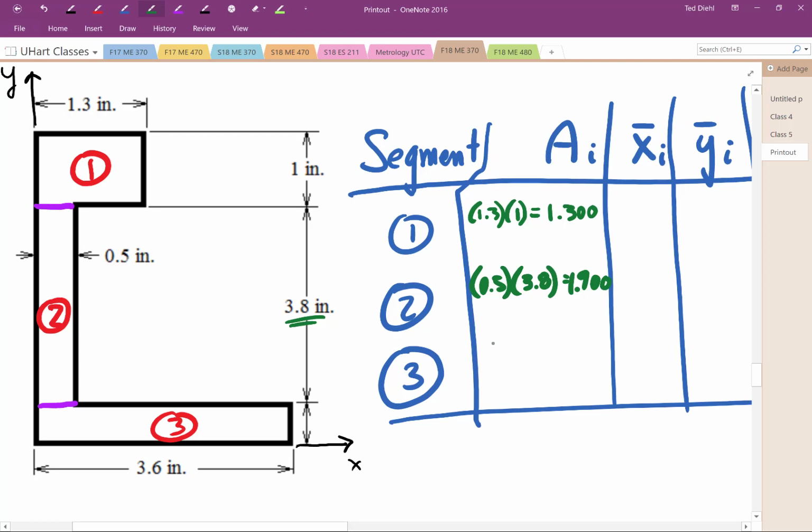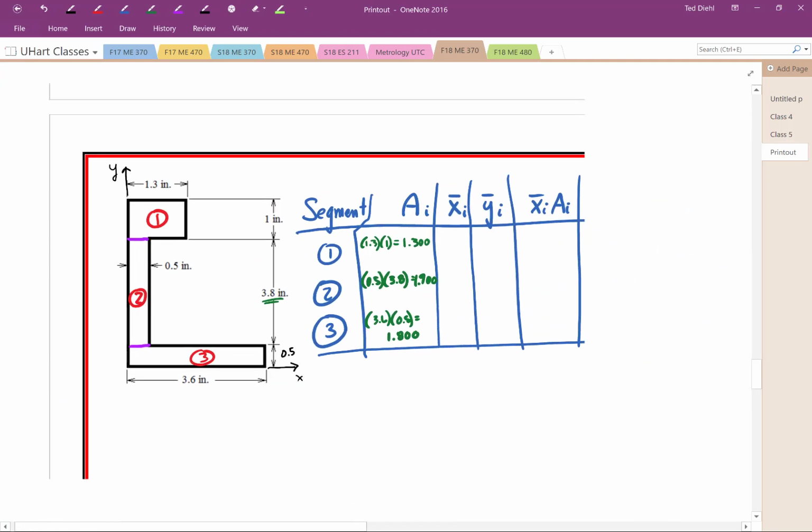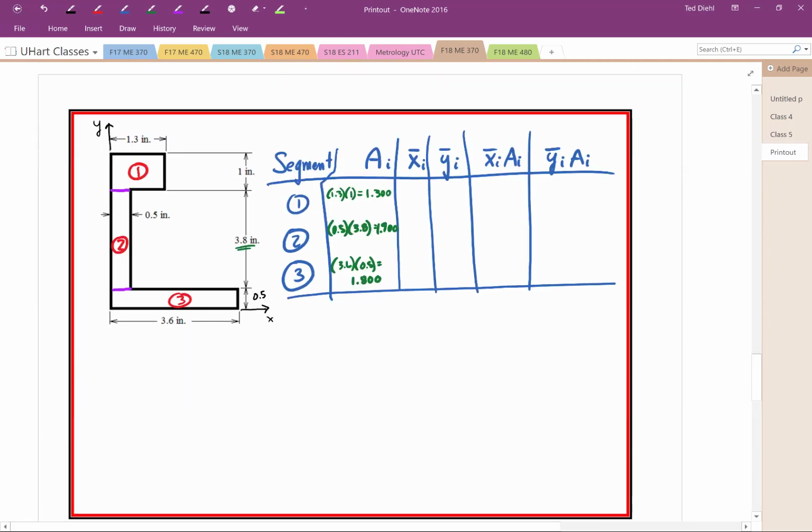We're going to do segment 3. That's going to be 3.6 times my thickness. I guess I forgot to write it in there. It's 0.5. So 0.5, and so we easily see that that's 1.800. All right, so now we're going to pick from the center of each of these pieces to the arbitrary